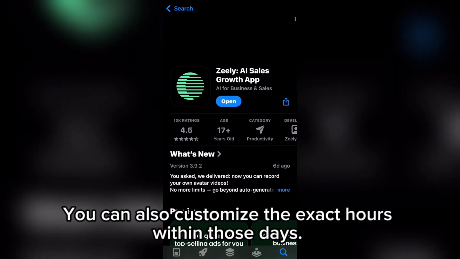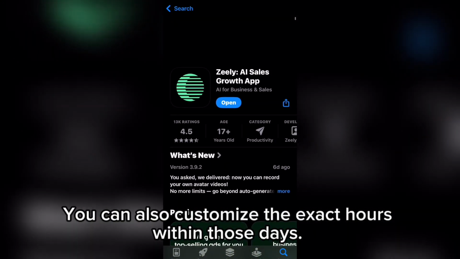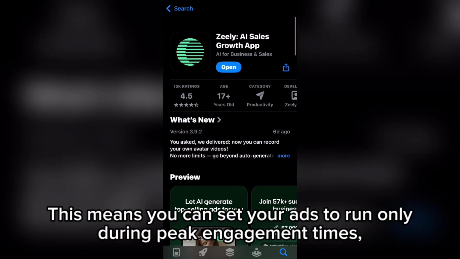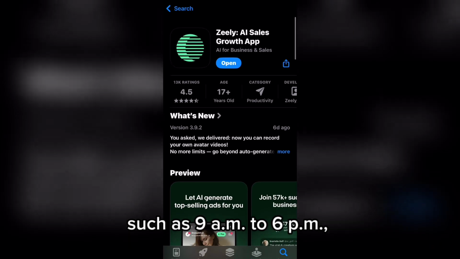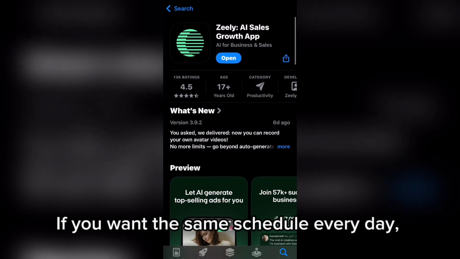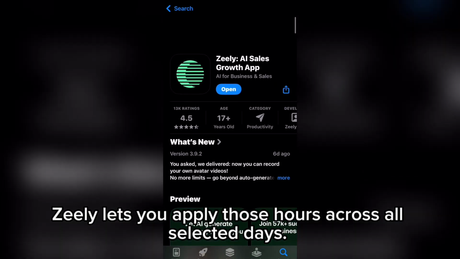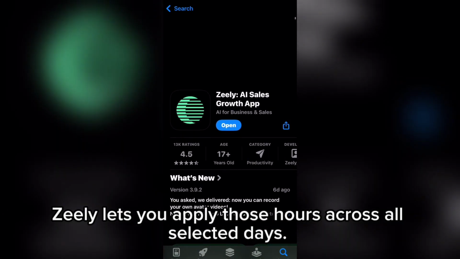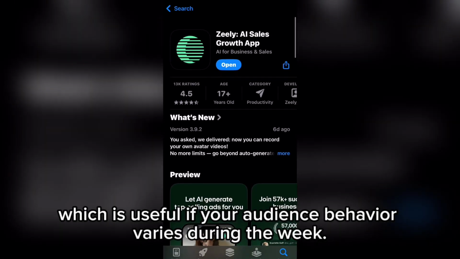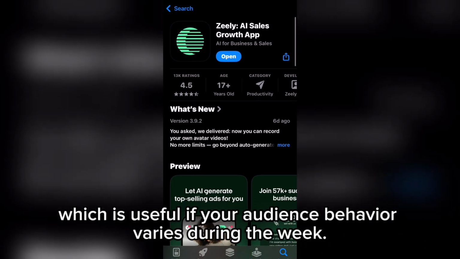You can also customize the exact hours within those days. This means you can set your ads to run only during peak engagement times, such as AM to PM, or any other time frame you prefer. If you want the same schedule every day, Zeely lets you apply those hours across all selected days. Alternatively, you can create a unique schedule for each day, which is useful if your audience behavior varies during the